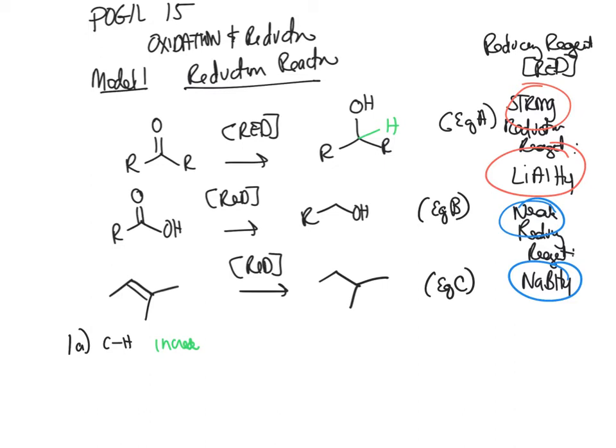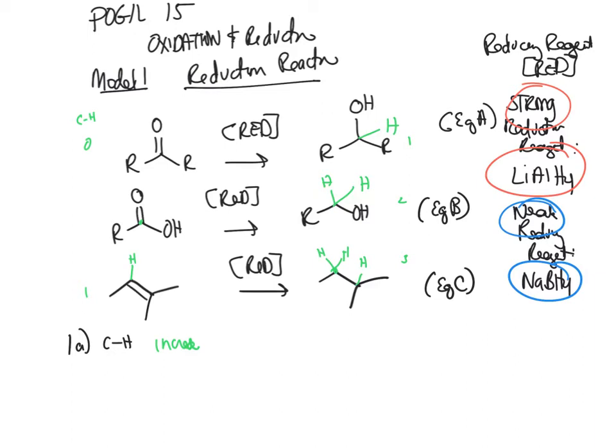The number of carbon-hydrogen bonds in equation 2 has increased. The number of carbon-hydrogen bonds in equation 3 has increased. So here we have 0 carbon-hydrogen, 0, 1, and here we have 3, 2, 1. Okay, for reduction reactions from left to right,